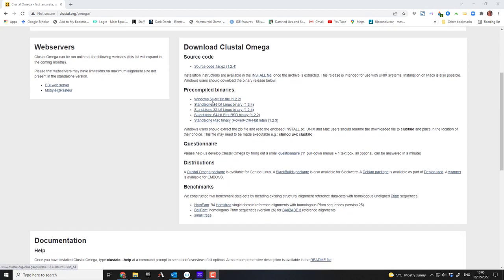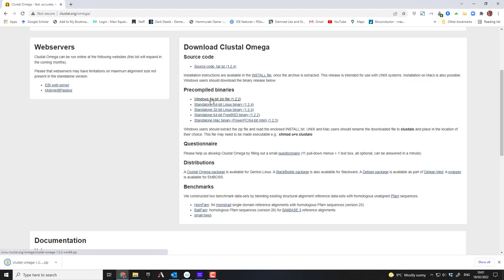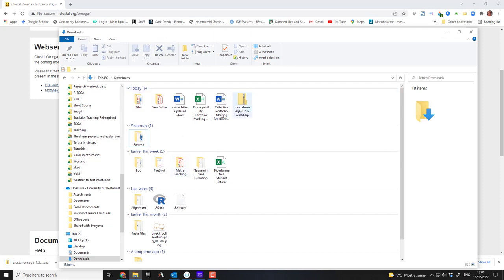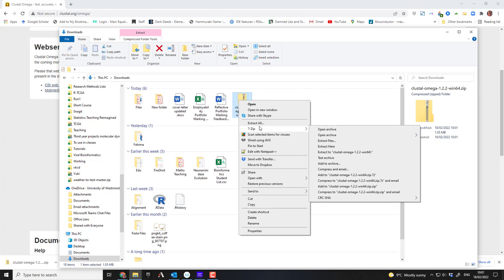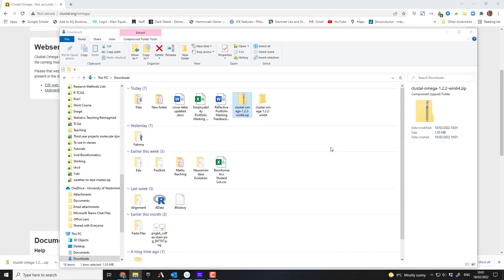If you're not sure about compilation, or if you're working on Windows or Macs, then you need to get the Windows or Mac version. So I'm going to get the Windows version, and it comes as a zip file. If I now go to my downloads folder, here is the zipped file that it's downloaded, and I can extract it using an unzip program. I happen to have 7-zip, you might have your own different program, and that will extract a folder